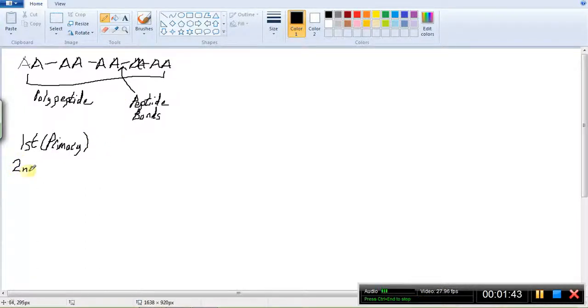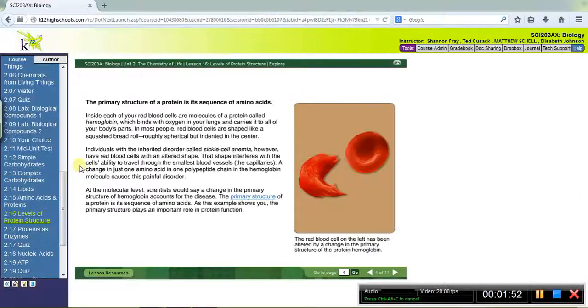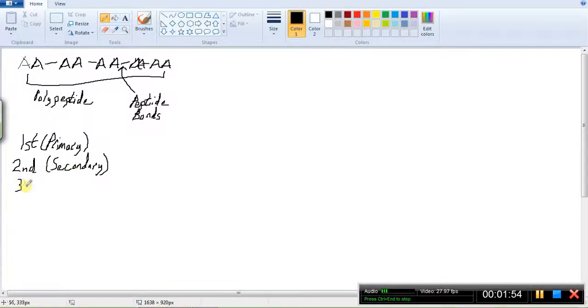We have the secondary level, the secondary structure of proteins. The third level is the tertiary structure of proteins, and then the fourth level,